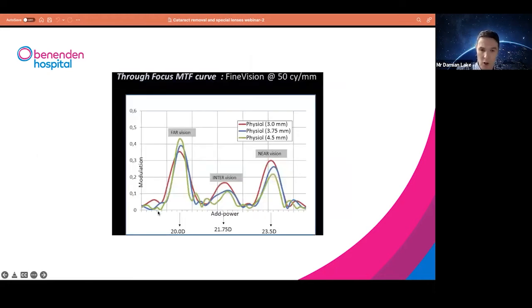This graph is a bit complicated, but basically it shows that the light from a multifocal lens is split into three, so a trifocal lens, predominantly into the far vision and the near vision. So it allows you distance and near, the near being about 40 centimeters away, with some intermediate vision, so approximately at the distance of your laptop from your eye. So it gives functional vision for what most people do nowadays, which is look in the distance when they're driving, look at their laptop when they're on the internet, and read a book up close.